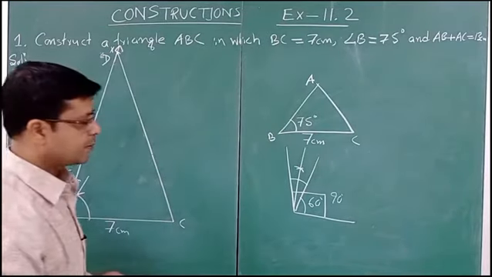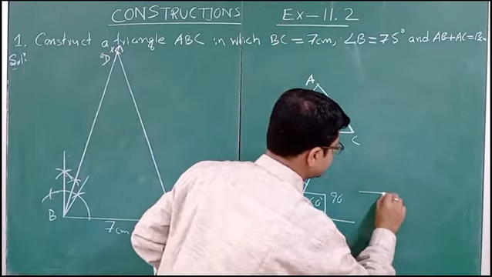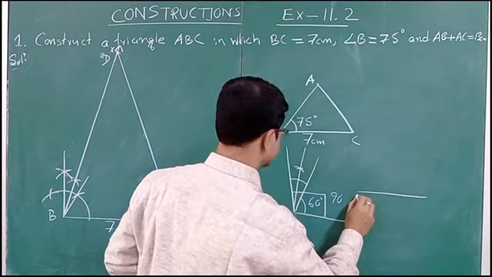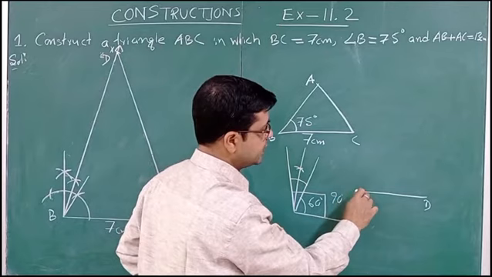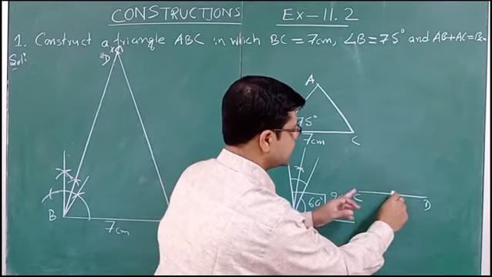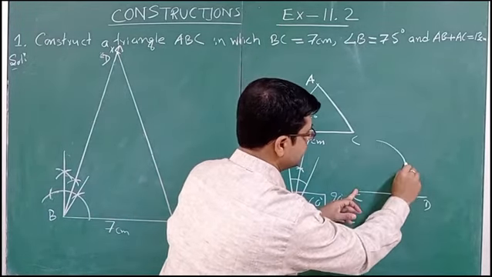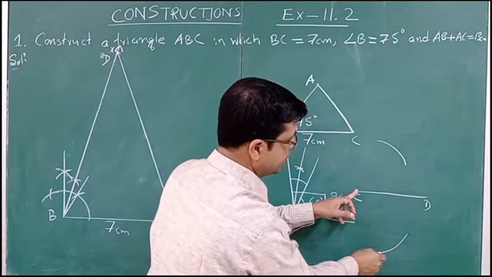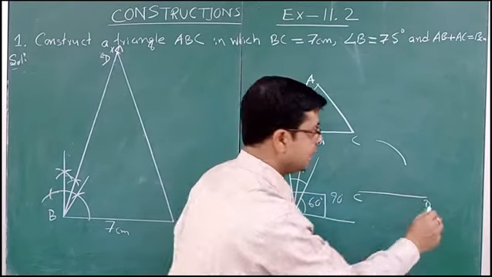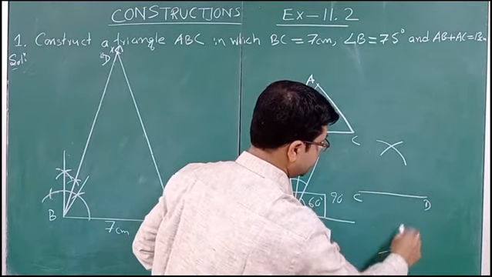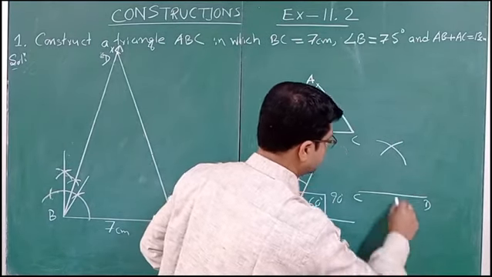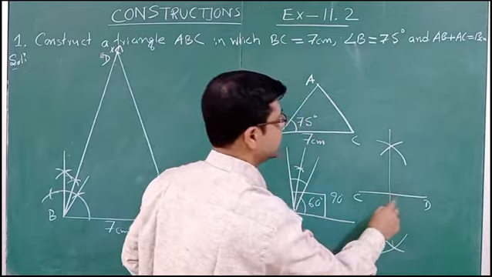Now how to construct the perpendicular bisector? You see, here there is any line. Suppose this is CD. We will put the compass here at C. We will take a radius more than half. We will draw an arc. Again below also we will draw. With the same radius we will put the compass at D. We will draw another arc, and with the same radius another arc below it. This will give us the perpendicular bisector.